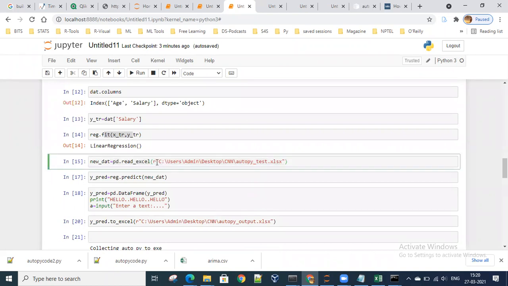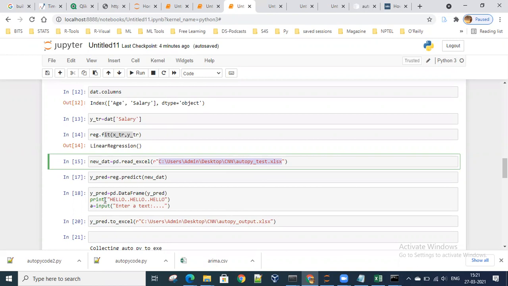Here I've taken the new data. I have made it as test, but you can make it in the Jupyter Notebook only. After fitting the model, after getting the accuracy, after doing train and test, then we should again give this code, like new data is equal to pd read. The new data also we should give in this one only, sir. Yes. So whenever the user gives the new data and you want to predict, in case you have some pre-processing that has been done, after this you will do those pre-processing again, and you will predict.